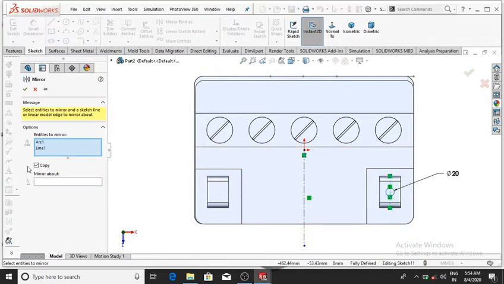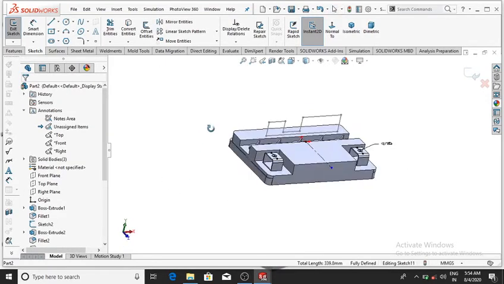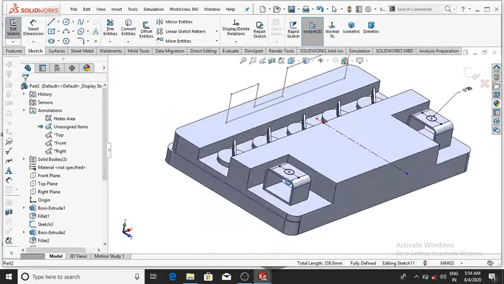Select this sketch and mirror about this center line, then OK, and make it extrude cut this sketch.